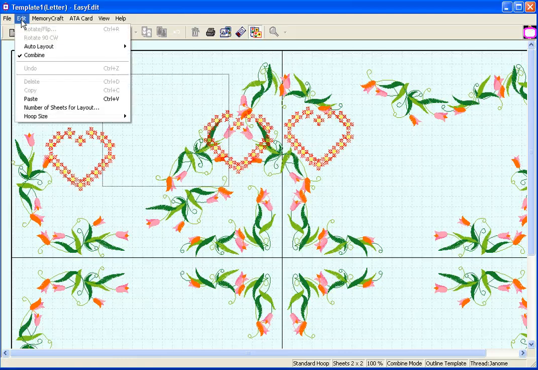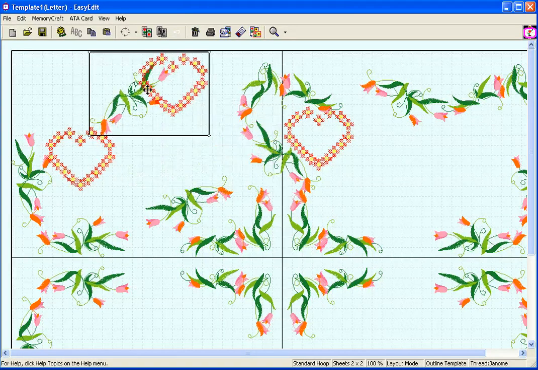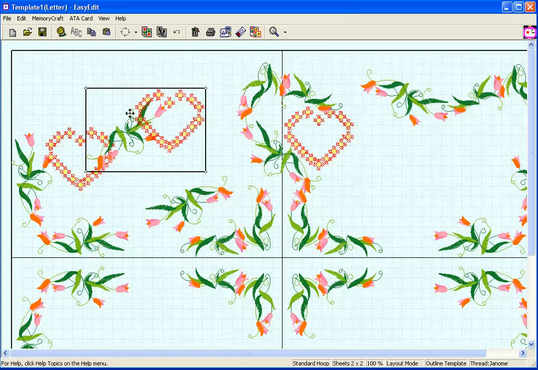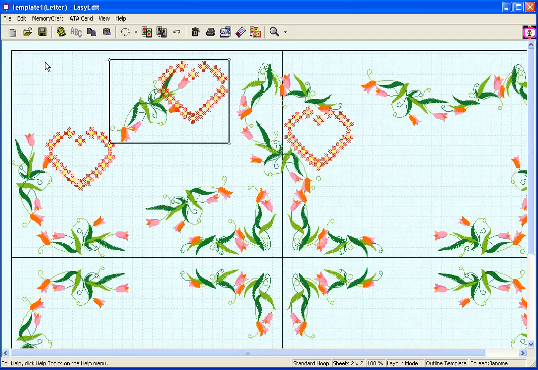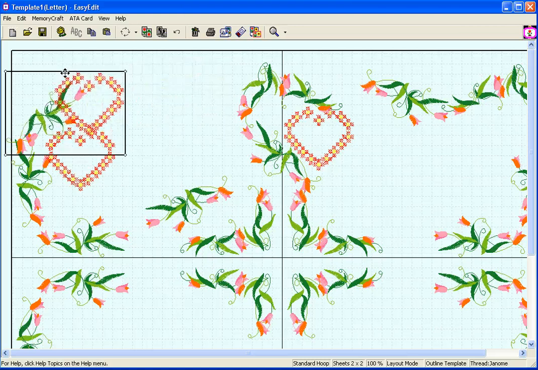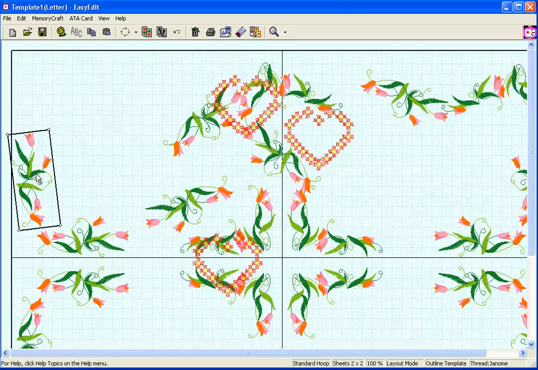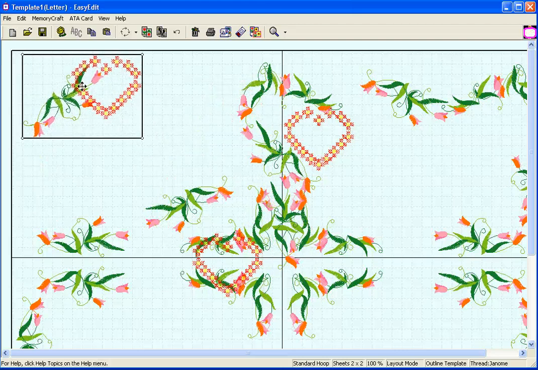So I don't want that anymore, so I'm just going to go to edit and untick combine, and it will go away. And if you notice, you can then move those because they're linked and they'll be together. You can't uncombine at that stage, so make sure before you go out of the combine section that you're happy with that. So we can start moving that around. And you can still move your others. We can get those out of the way, and this would be our pattern